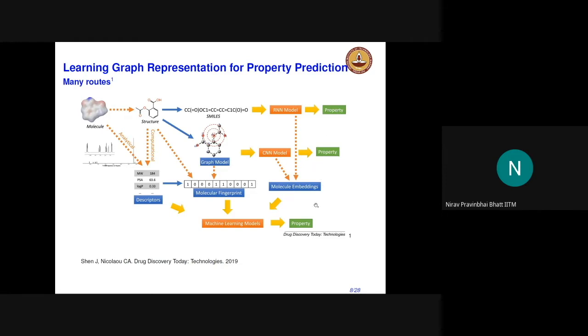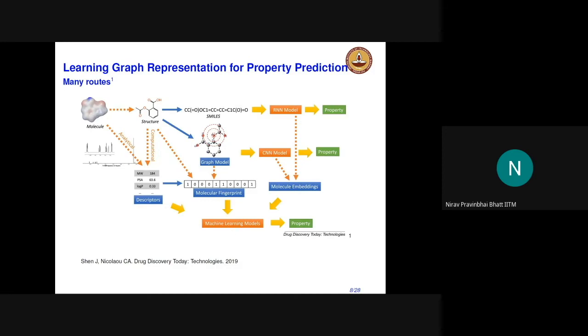Sometimes they also use this RNN and CNN for what they call molecular embedding, or I call it molecular fingerprinting. Both are the same in certain senses. And then, again, this fingerprinting they can use with some other learning algorithm to build a model from the fingerprinting to the property. So the different routes here, which I can see as routes 1, 2, and 3, use structure, SMILES